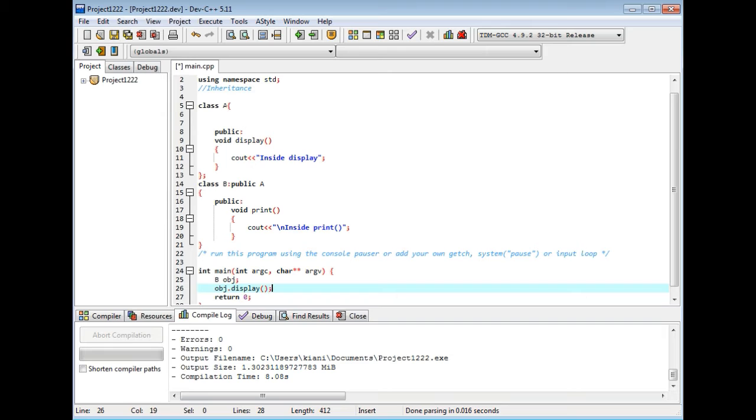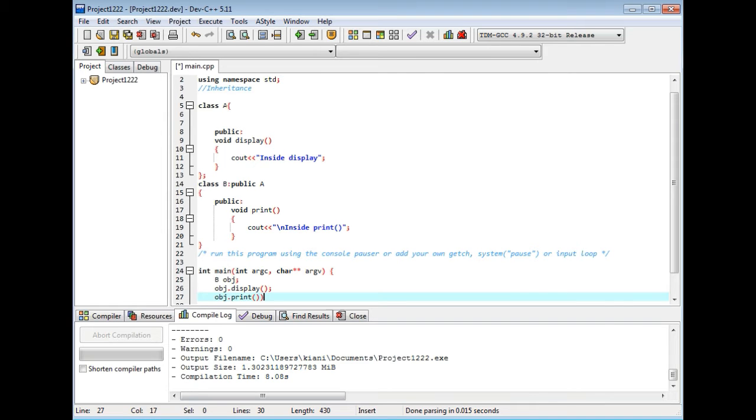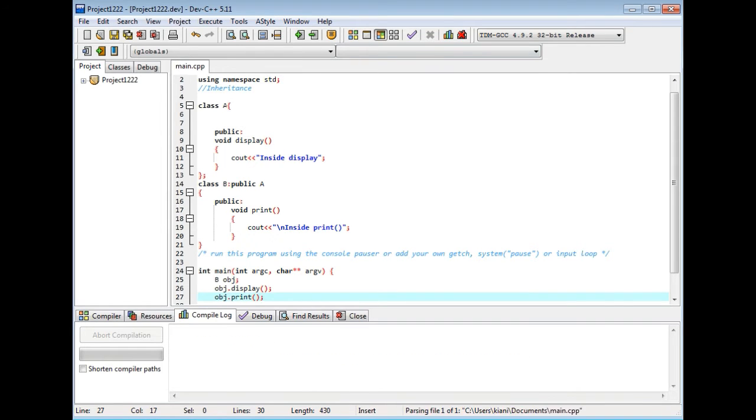It will display the parent class. The object is of child class. Okay, B is child class, and the object is calling display, which is the function of parent class. Okay, now the object is calling its own print function. Okay, now let's see the output.